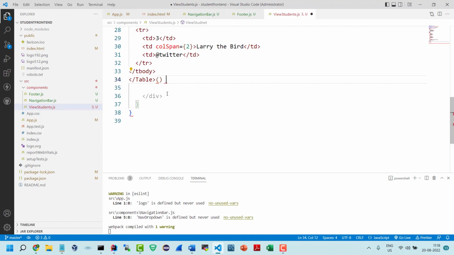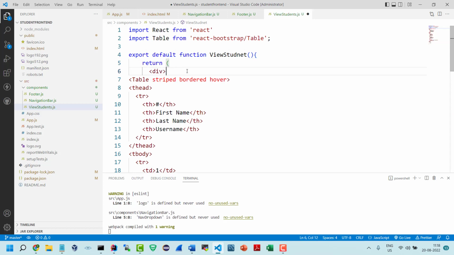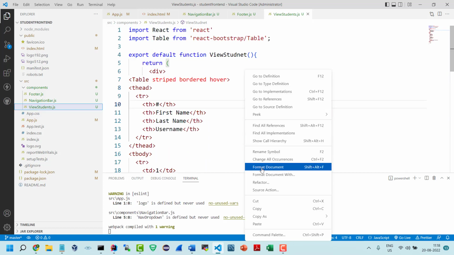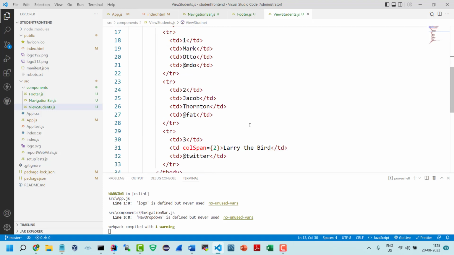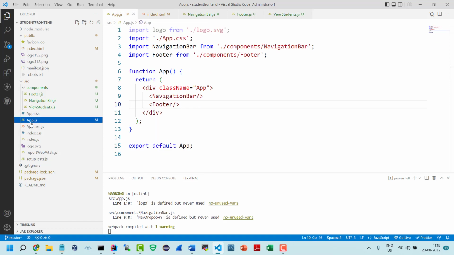So let me copy this and paste it over here. Basically it is nothing but the same thing. Just formatting the document, and now the table should be there. Okay, perfect. So now I'm going to add this viewstudent.js inside the app.js, and here I'm going to put it